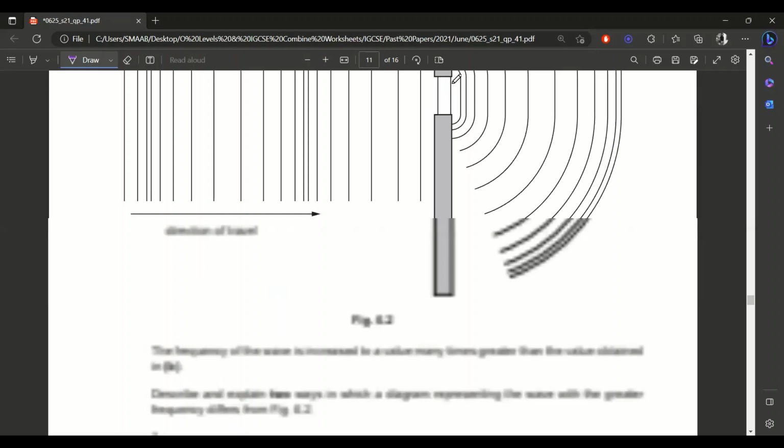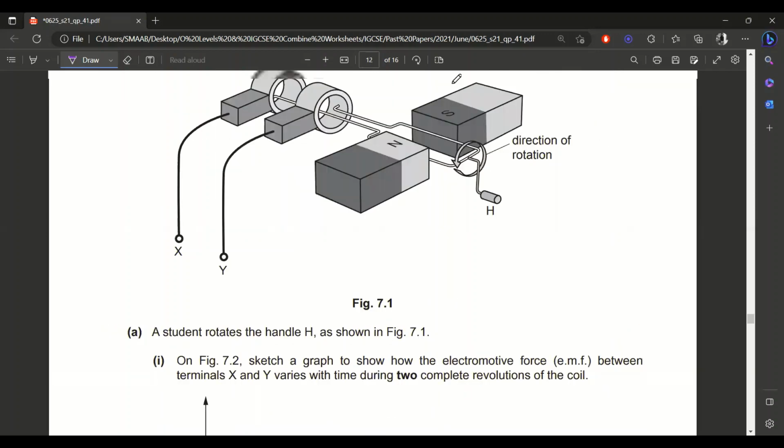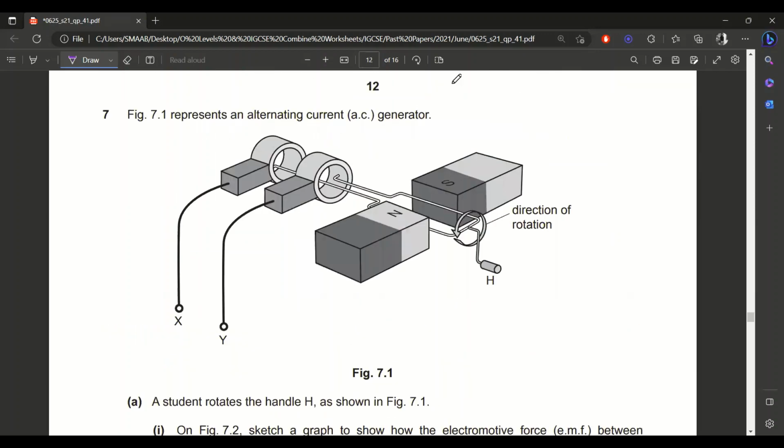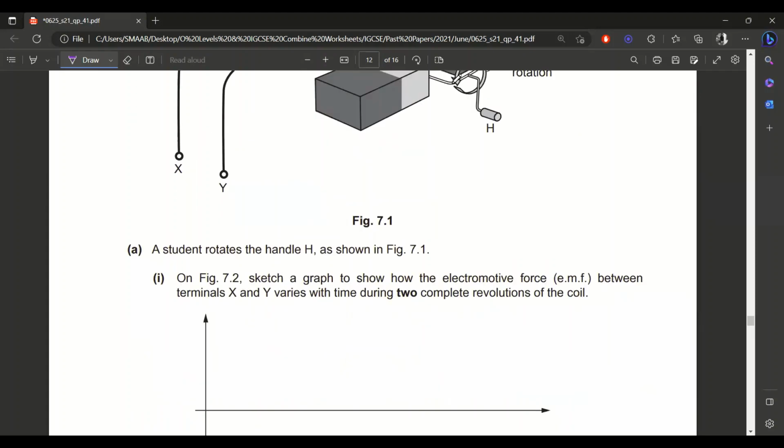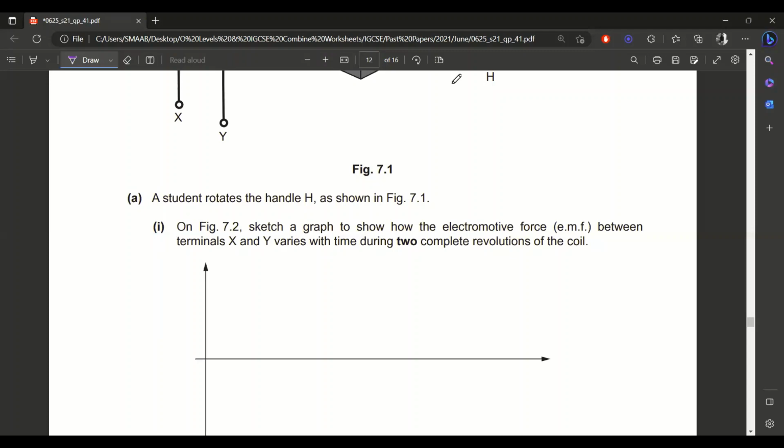Yes, it has magnetism. Okay, so starting from question 7, figure 7.1 represents an alternating AC generator. A student rotates the handle as shown in figure 7.1. On figure 7.2, sketch a graph to show how the EMF between the terminals X and Y varies with time during two complete revolutions of the coil. Okay, so we need to draw a graph